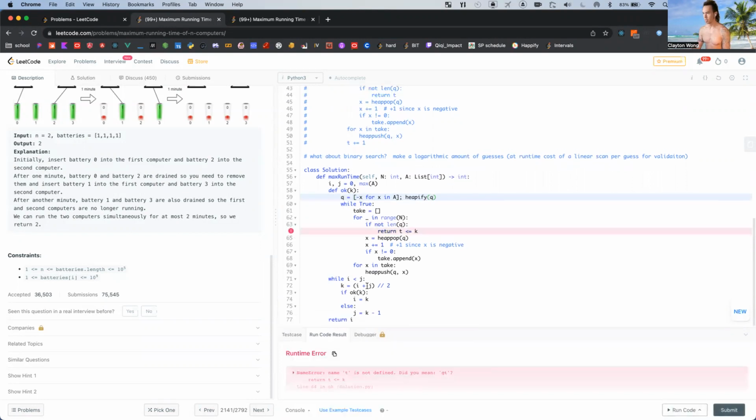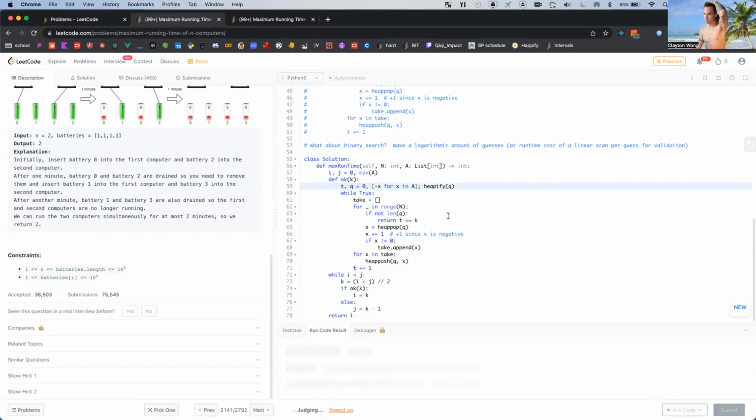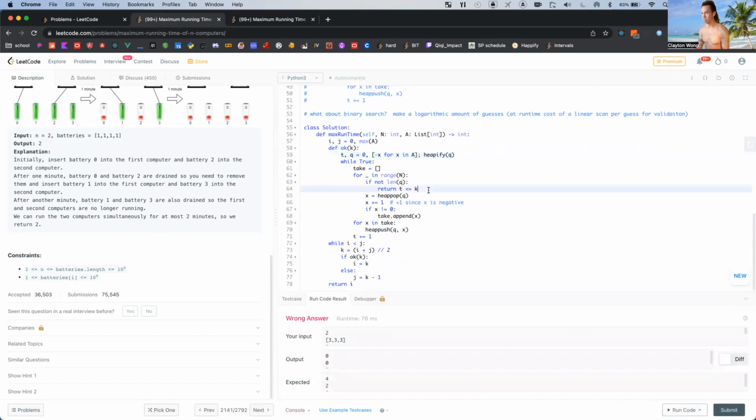Okay. Total, which is accumulated based on our q. Or wait, no, k is less than or equal, right? The total days. So, okay, hold on. So maximum runtime.